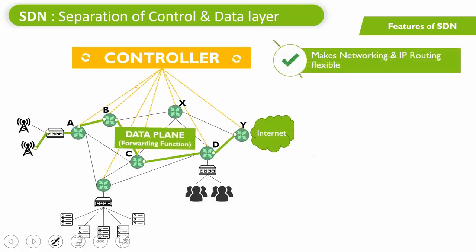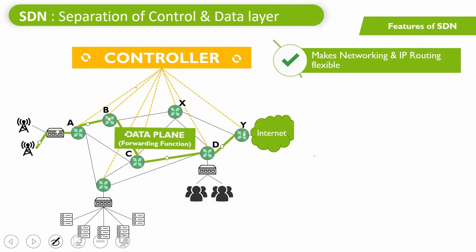The first key principle is it makes the networking and IP routing flexible. SDN ultimately enables packets or traffic to reach to its destination. It does the same with the help of software and dynamic algorithm with full flexibility and agility. Instead of wasting many days in performing the manual routing for enabling the reachability, SDN does it in a better way. Ultimately, it saves a lot of time.